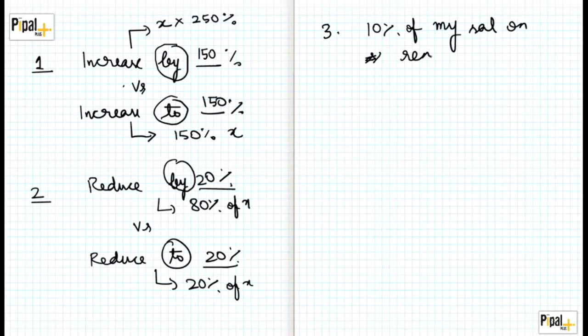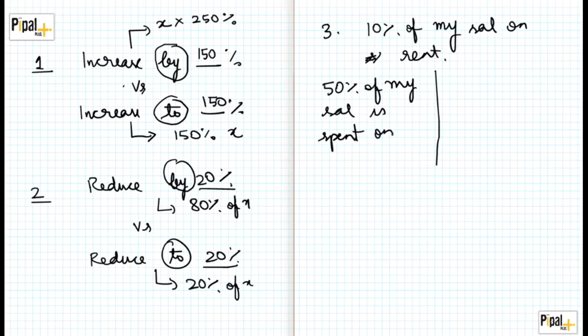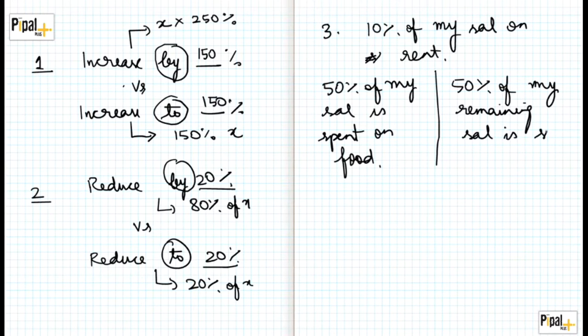Now the question could say 50% of my salary is spent on food, versus the second line of the question could say 50% of my remaining salary is spent on food. Now notice that there is a very small difference, and the small difference is this word